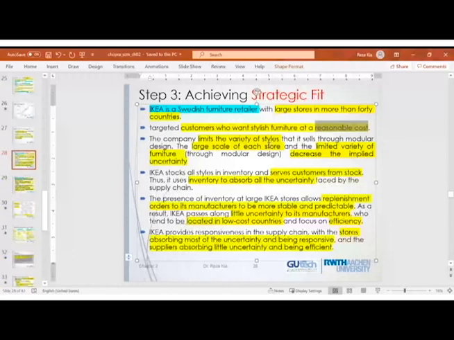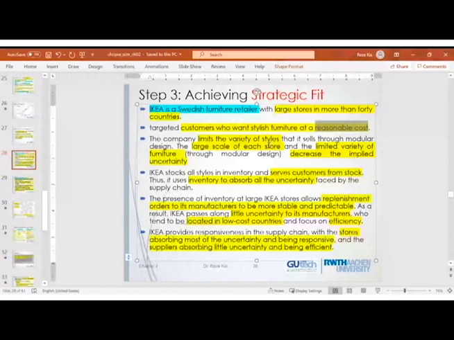So in that stage, the system is more predictable, and then we can expect that in the manufacturing stage, they should be more efficient. In the retail stage, they are more responsive. Why? Because they have a huge amount of inventory. Whatever is requested by the customer is supposed to be available in the store. And at the level of manufacturing, they are supposed to be more efficient, because when the uncertainty is low,